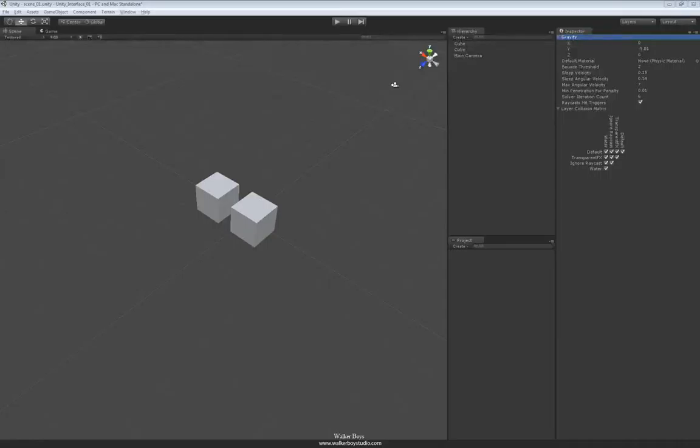Next, for our project settings, we have our Physics Manager. And inside of our Physics Manager, we are able to define the different behaviors of our objects within our world. This is going to be the physics behaviors of our objects. We have things such as gravity, where we can define how much gravity is applied to the rigid bodies in